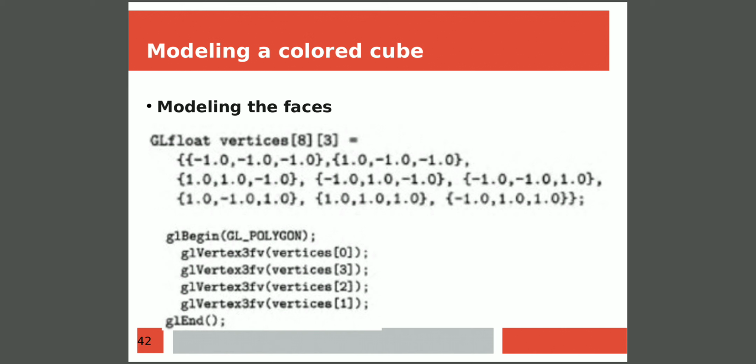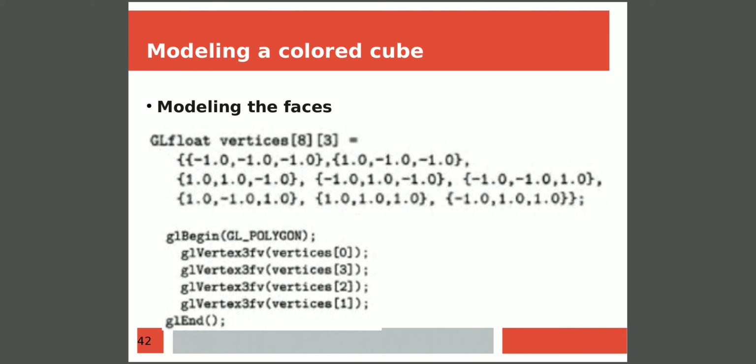Here we are going to specify the vertices of a cube as floating values. So we are considering the data type for the vertices as GLfloat, and then instead of specifying each vertex individually, we are defining the vertices as an array, and the name of the array will be vertices. How many vertices are we supposed to mention? Totally 8 vertices. So the first dimension of the array will be 8, where each vertex will contain 3 values totally, that is its x coordinate value, y coordinate value, and a z coordinate value. So the second dimension of the array will be 3. After that, we are initializing the array with totally 8 vertices, where each vertex has 3 values.